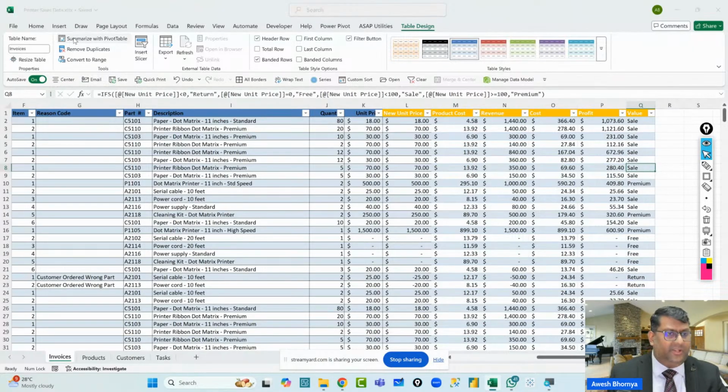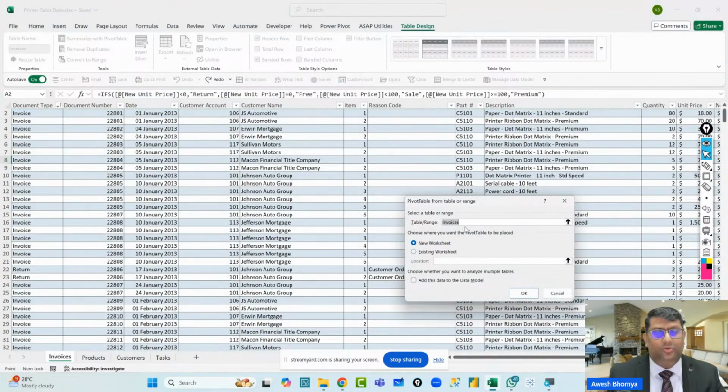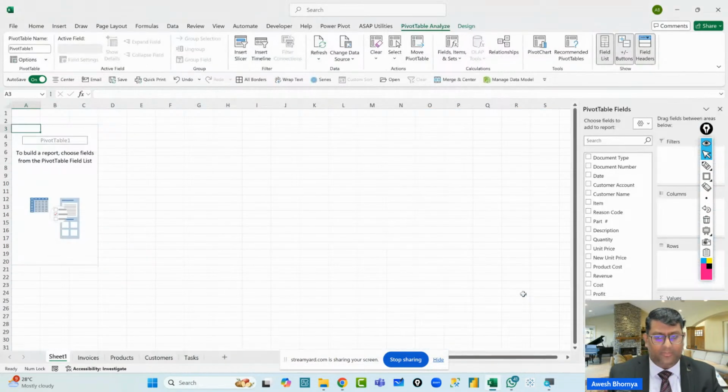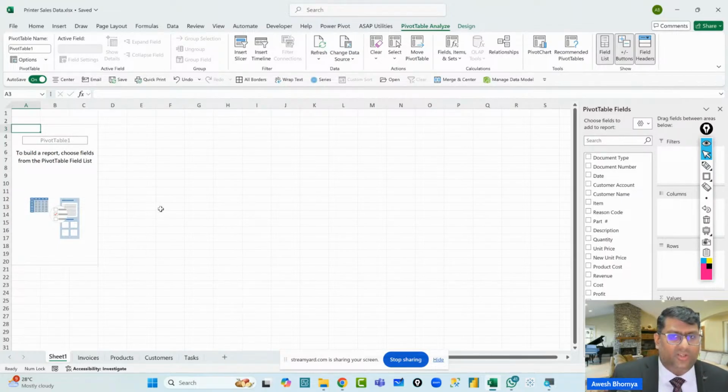Now you can click on summarize with pivot table, and it will ask you where you want to put your pivot table. By default, it is always on a new worksheet. But if it's a small set of data, you could choose to put it on the same sheet. So you can say existing sheet, and then you can put in the name over here. I'm currently just changing it to new worksheet and clicking on OK. Now this is where a blank pivot table opens up for you, and this is where you start your analysis from this particular data set.